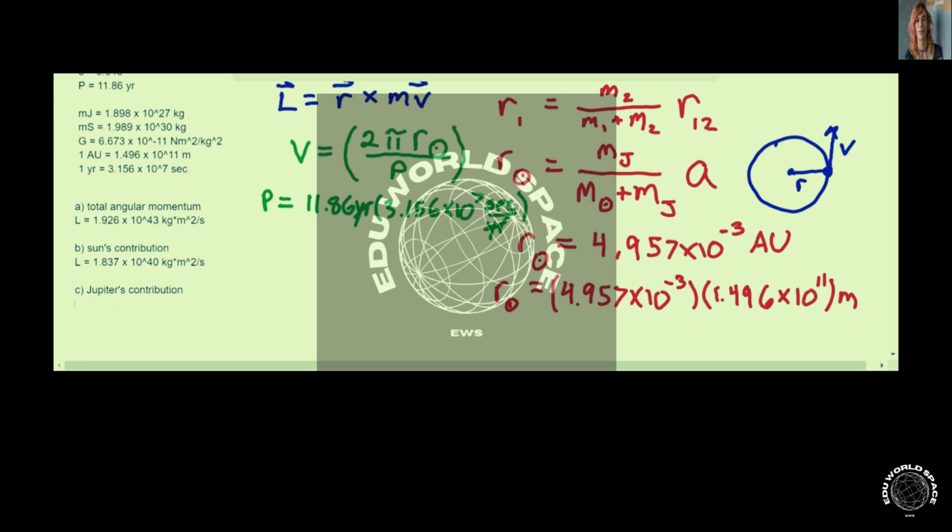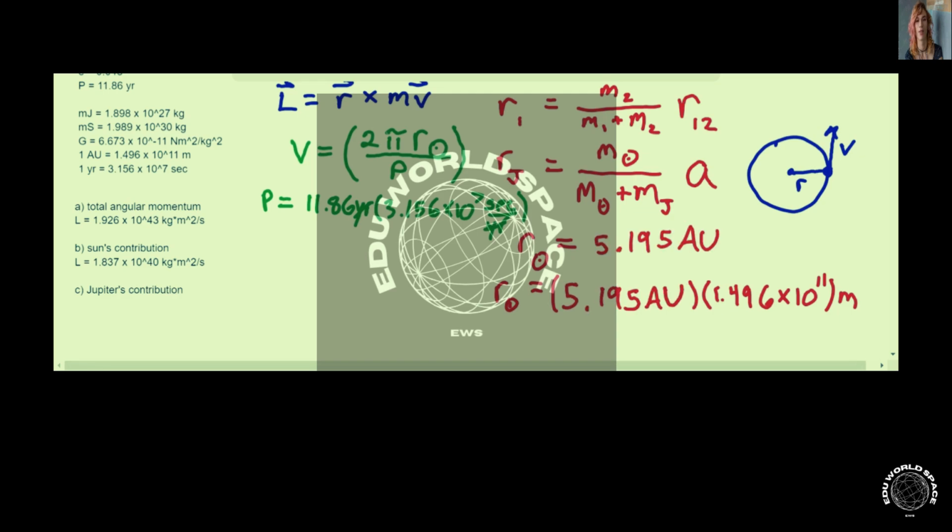So we'll be doing the same thing for calculating the distance for Jupiter from the center of mass. Again, just swapping out the subscripts. Since we're looking for Jupiter's position R, it'll be the mass of the sun divided by the sum of the mass of the sun and the mass of Jupiter. We can still use A, the semi-major axis, as an estimation for the average distance between the sun and Jupiter. And then that will give us a new distance